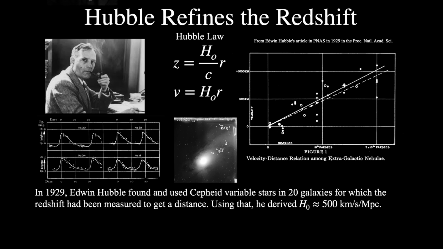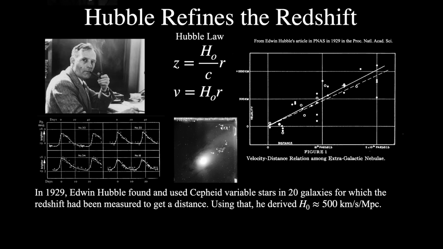At the time that he arrived, the prevailing view of the cosmos again was that the universe was entirely composed of only the Milky Way galaxy. He then looked at the objects that were seen as spiral nebulae with these recession velocities, and he identified Cepheid variables inside of these objects. And Cepheid variables were a standard candle that was discovered by Henrietta Leavitt in her studies